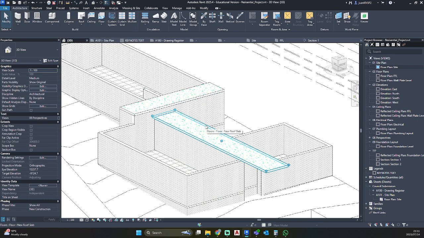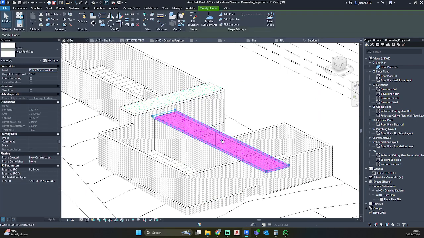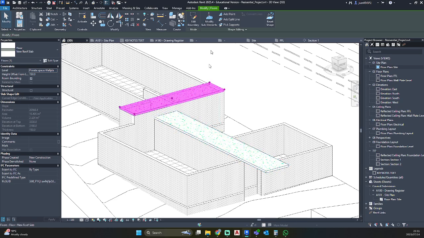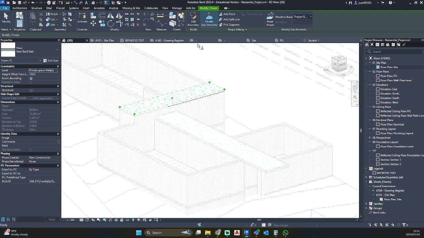So I'm going to go back into 3D. You can see that our new point has been created on both of these roofs. I'm just going to go modify sub elements. As you can see, that's on 3330. So we want to give the indication that this concrete roof is on a slope so that water can run off and it's not just flat to accumulate water buildup.